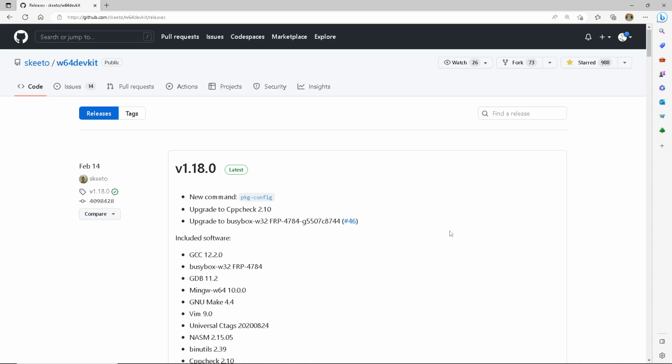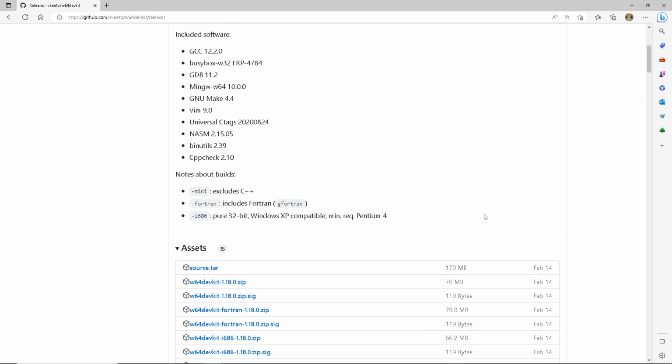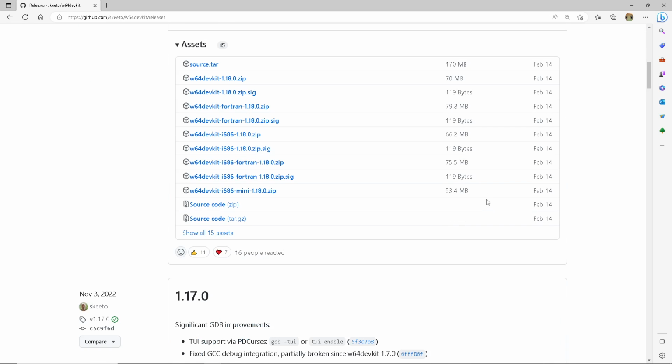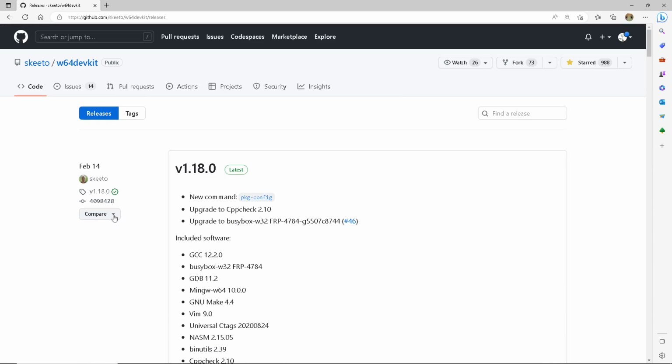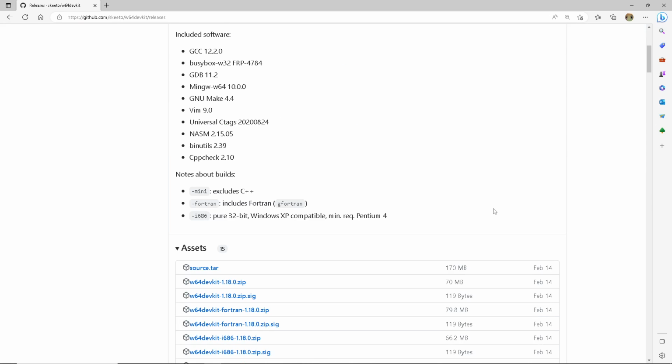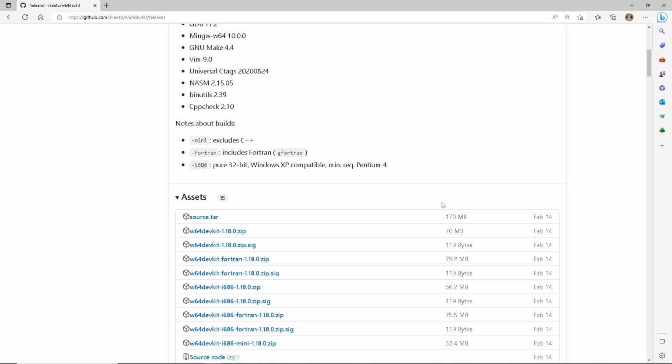So here's the latest version. And let's see, when was this released? It doesn't seem to say when it was released. I'm not sure when it was actually released here, but this is the most recent version. So there are several different downloads, and there's the source of it, of course, but the pre-built one, W64devkit,